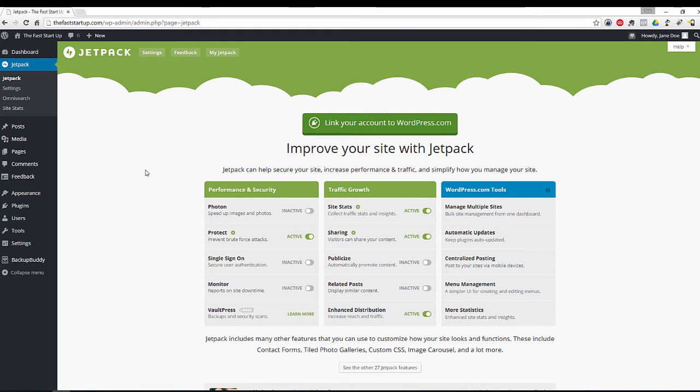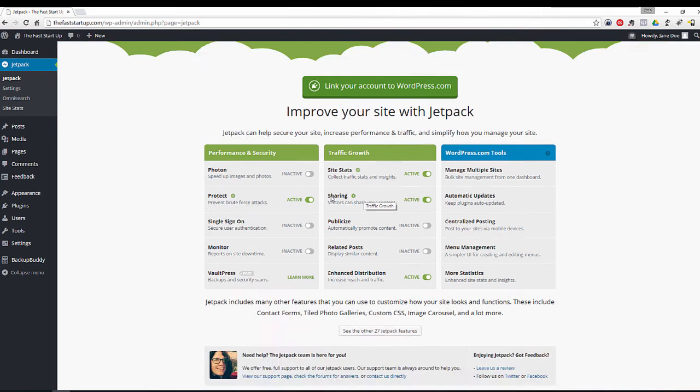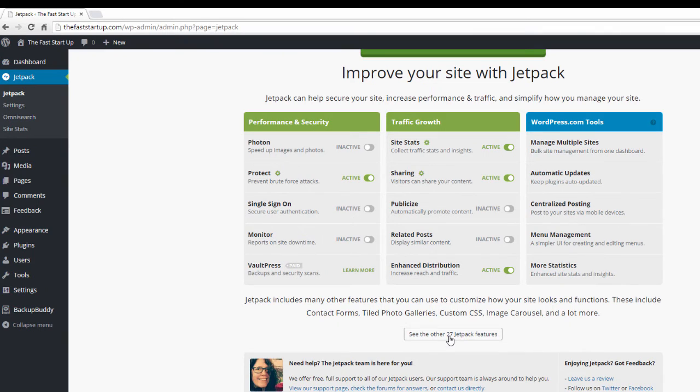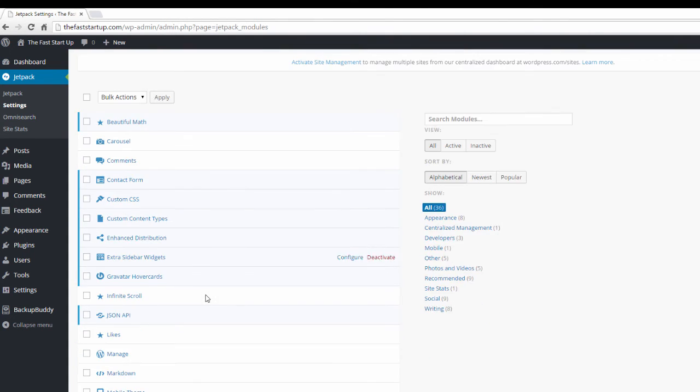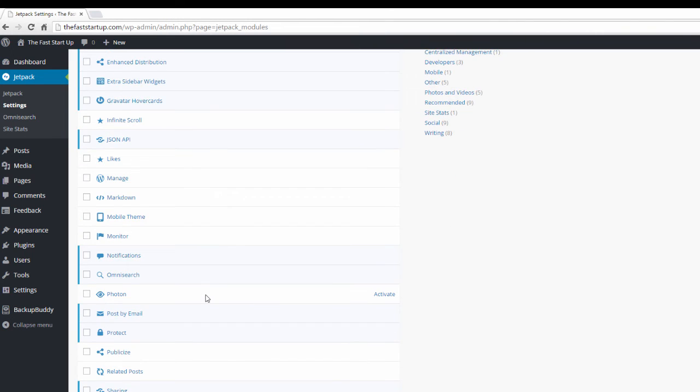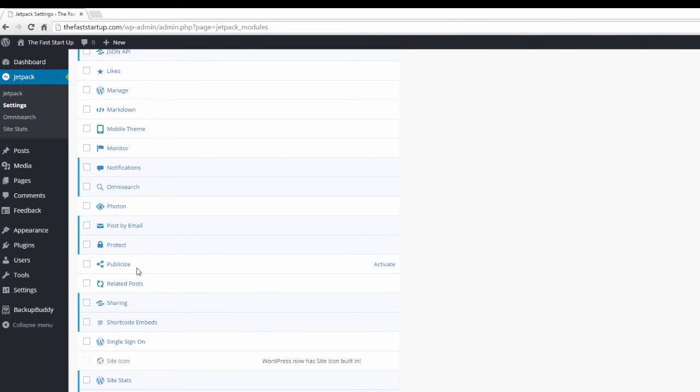And you can see that it can help you with your site's performance and security. It can give you some traffic stats, and if we click on the other 27 Jetpack features. Now, I'm not going to go through all of these in detail, but you can see it's got things like extra sidebar widgets, it's got the contact form that I mentioned, and if we scroll down, it's got Publicize, which will help you with your social media sharing, site stats,